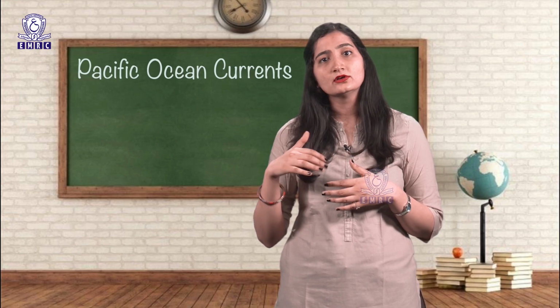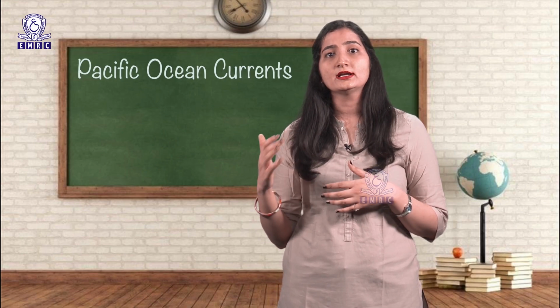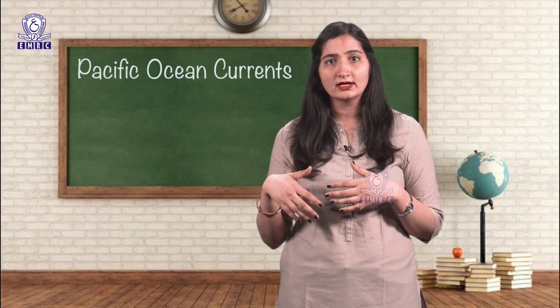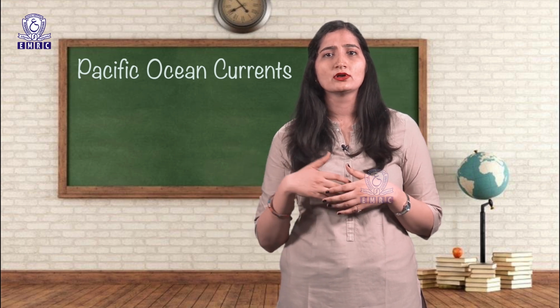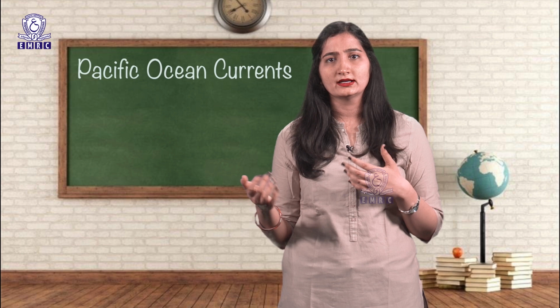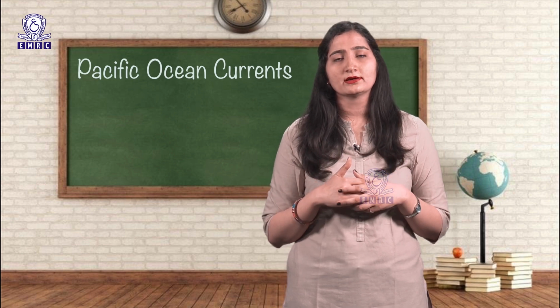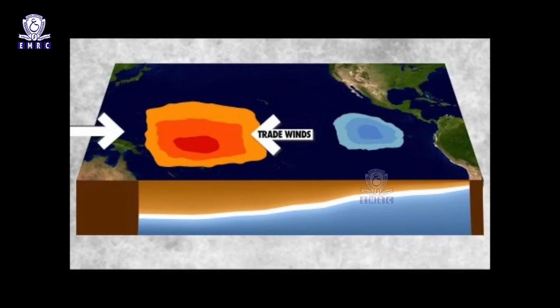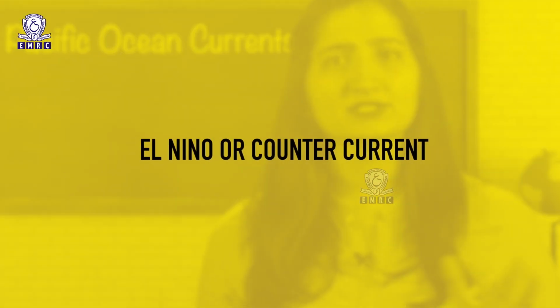But in winter of the northern hemisphere, the equatorial counter current extends southward and starts flowing near the Ecuador coast and joins the Peru current after moving beyond the equator. This warm south flowing current along the coast is called El Nino. El Nino counter current, which is again warm in nature, a subsurface warm water known as El Nino current, flows